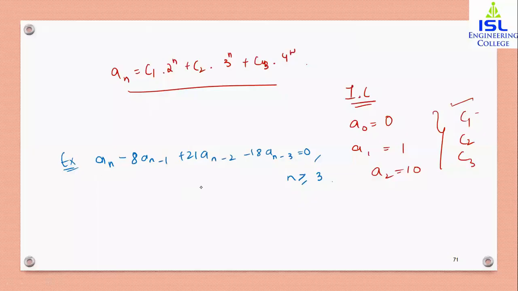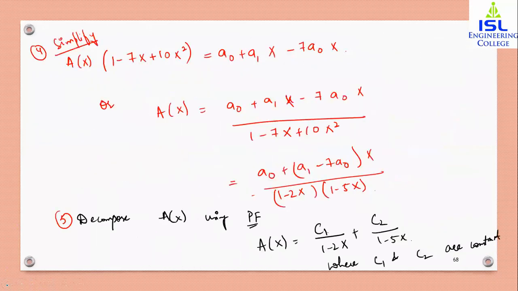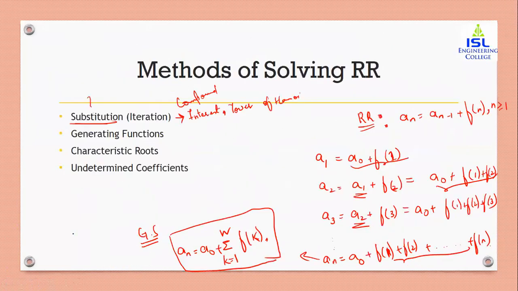So this concludes the topic generating functions. Since we have already studied a lot of theory and concept of generating functions, I directly proceeded with the problems. And after generating functions, the next methodology is characteristic roots. So we have completed substitution, generating functions, and next is characteristic roots. Now characteristic roots are the 6 theorems that we have studied for solving both homogeneous and non-homogeneous equations. For the characteristic roots, you have to refer back to your 6 theorems.